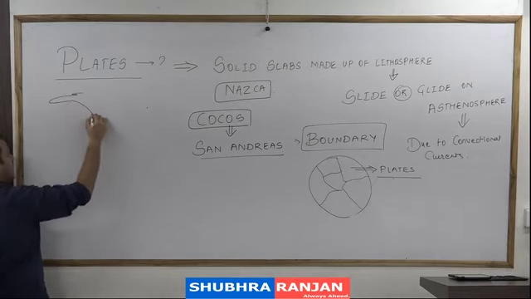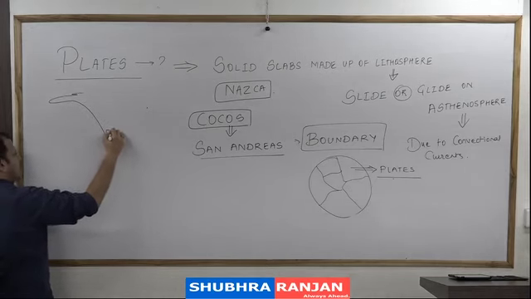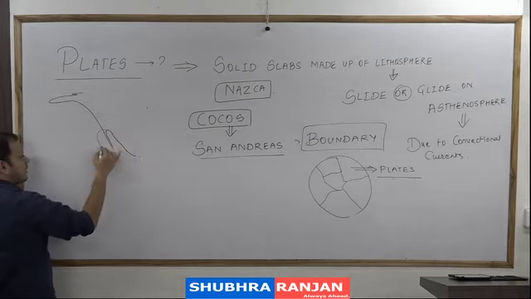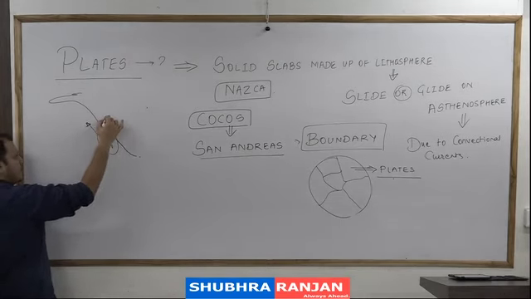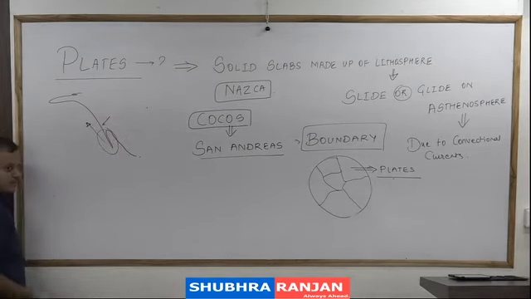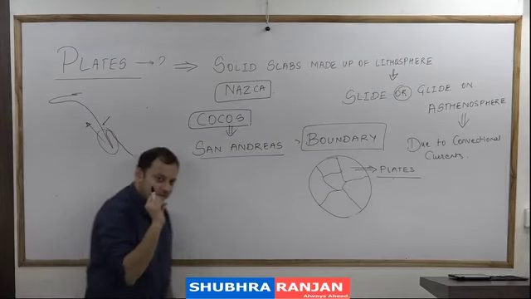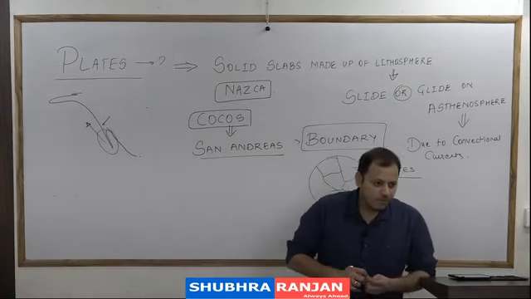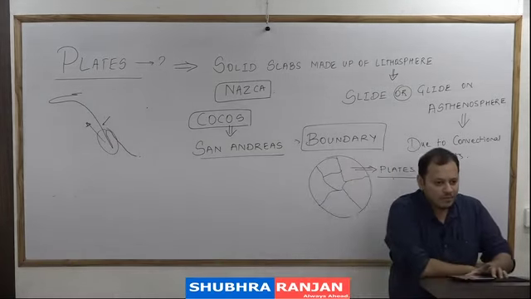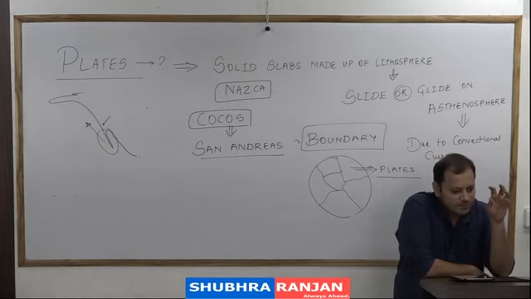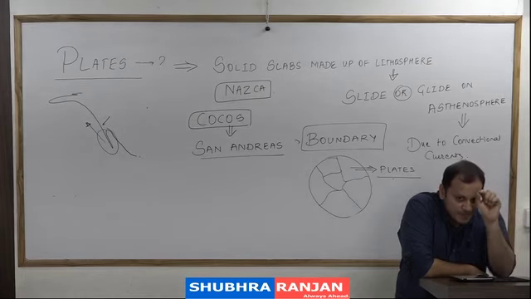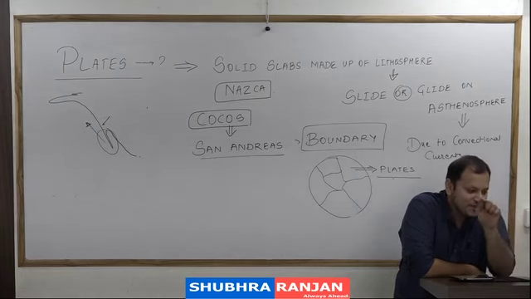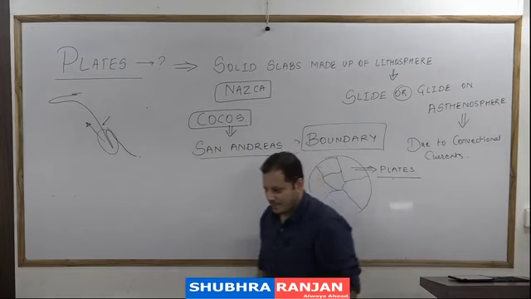When we draw North America, we make California like this. Why is this California breaking from it? Because the Cocos plate is going to the north and the South American plate is going in a different direction. So this is an example of a transform boundary. Yes, it mostly starts from the Juan de Fuca plate, but the Cocos plate is the most dominant here. Then the third plate she is mentioning is the Juan de Fuca plate.